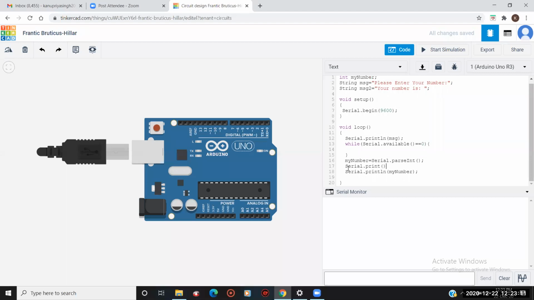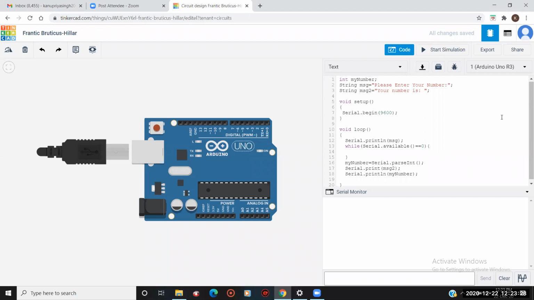I have given this command, that is serial.print, and in that I'll call that variable that is containing that message. Okay, and I'll terminate this line here, and let's check our code, guys. Okay, so start the simulation.